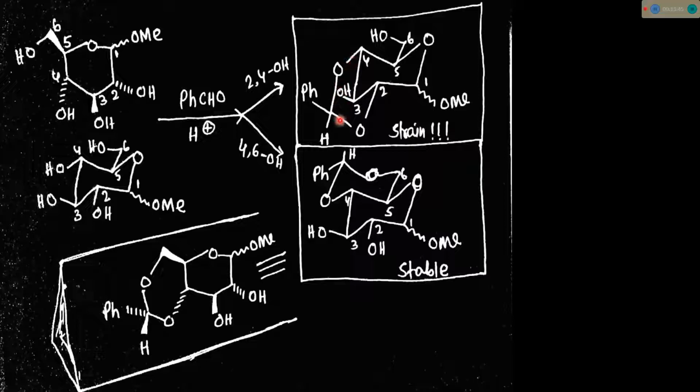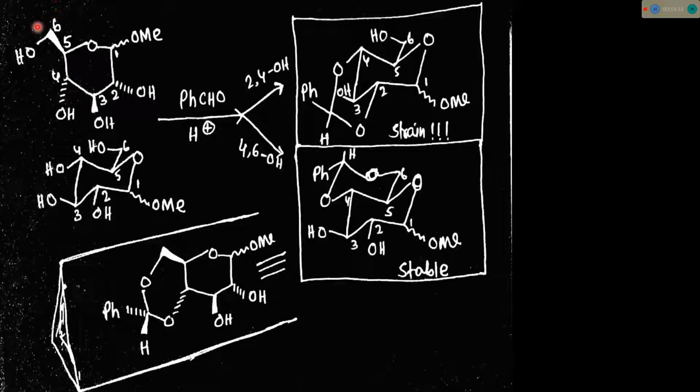So this is not a stable 6-member ring. Due to this kind of unstable 6-member ring, this whole molecule is suffering from some strain. So this is not a stable molecule. Now see, the 4 OH and the 5, 6 carbon, this orientation is trans to this OH, but see